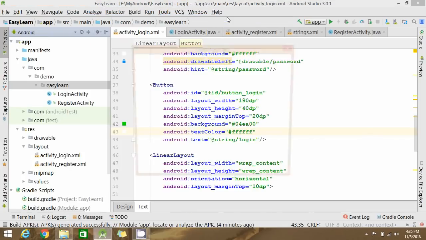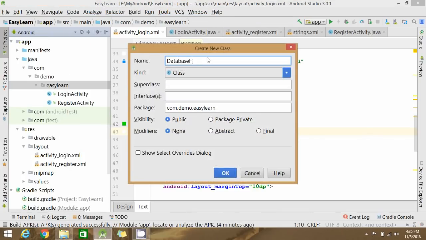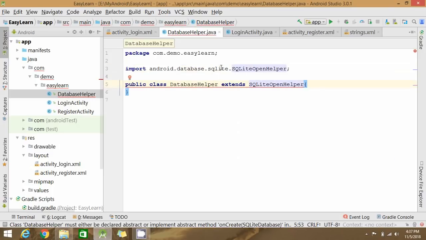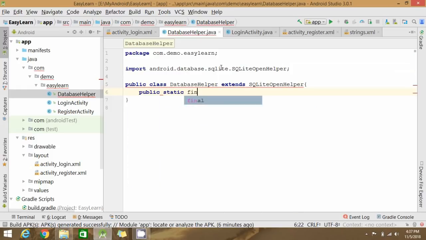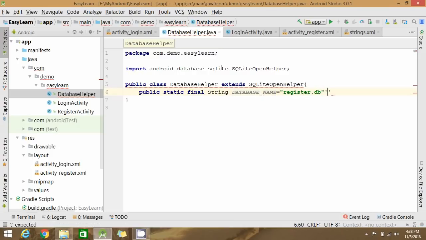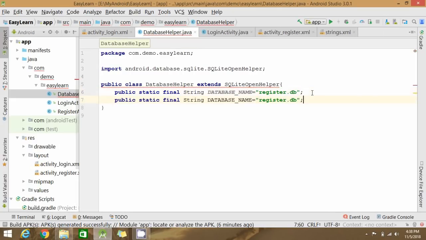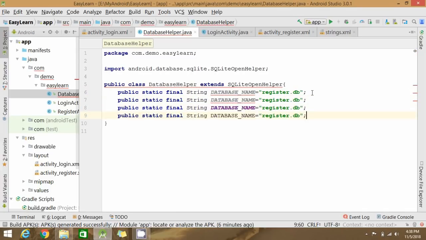We'll create a new Java class as data helper. Extend SQL open helper. Same way we'll write for database tables